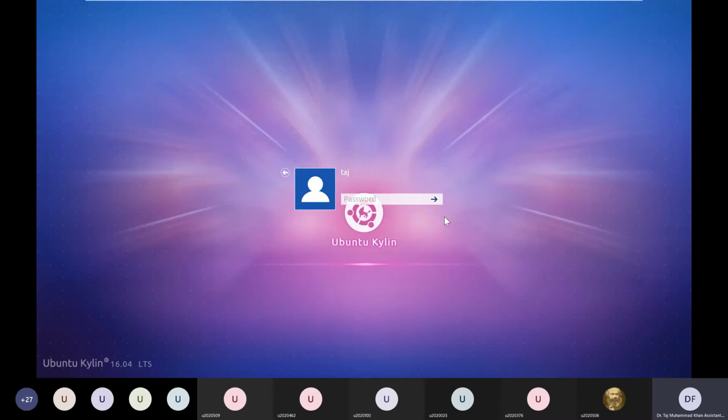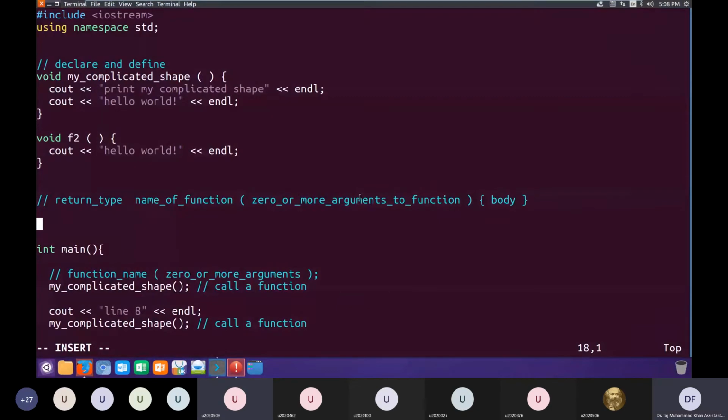So the return type of this function would be int. Okay. So now we continue the definition of our function. So we start with the return type. So the return type is int. Space. We can give it a name, any name. Num underscore add. We can give it any name that you like. We call it num underscore add.